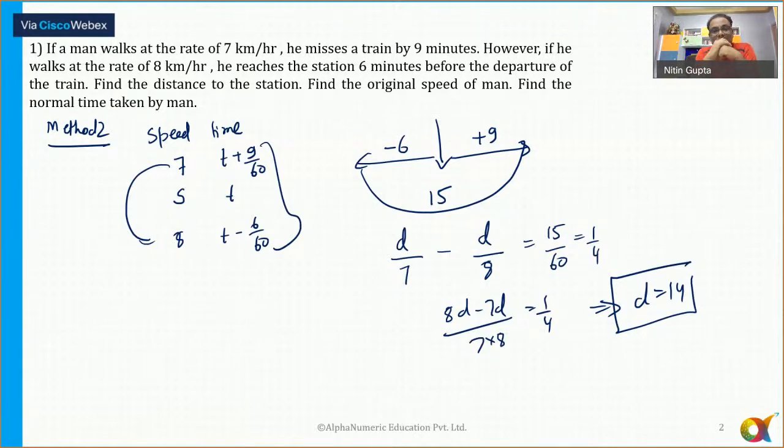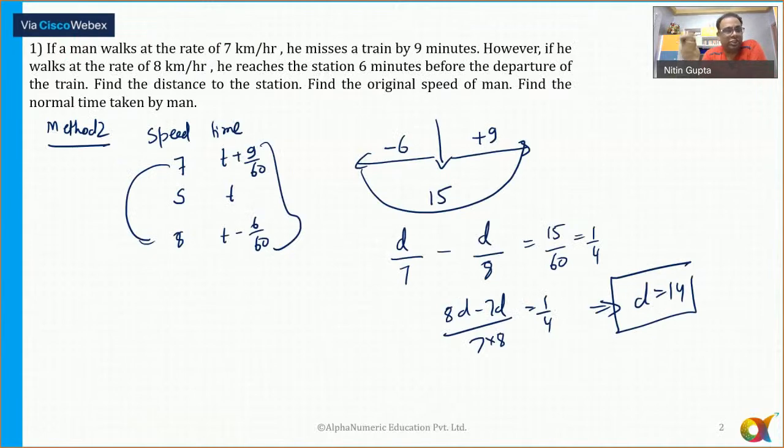Okay, so this is method 2 here. Now let's discuss another thing which is very, very important for all of you. What happened in this case here? First of all, I'll tell you T1, time 1 in the first case. Now remember, my distance is constant here. Whether I'm traveling with a speed of 7 or with a speed of 8, the distance